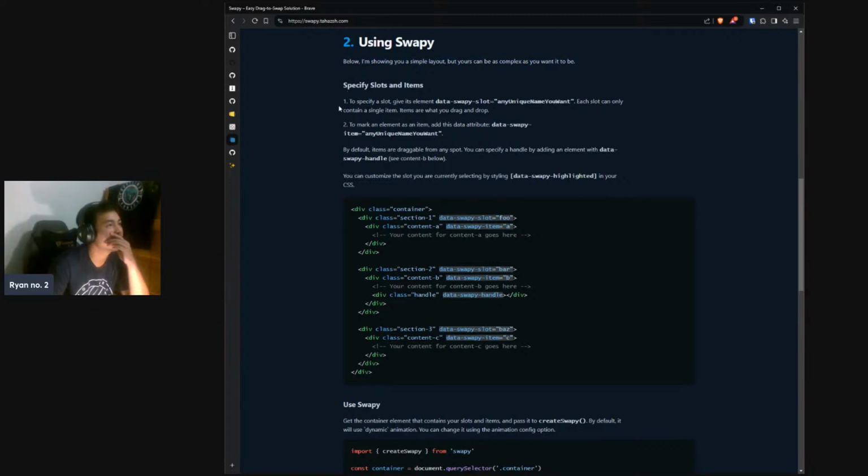We're showing a simple layout. To specify a slot, we give it a slot and then a unique name, and it can only contain a single item. To mark an element as an item, you give it a different attribute. By default, items are draggable from any spot. You can specify a handle by adding a handle like that. You can customize the slot you are currently selecting by styling the highlighted class. Okay,